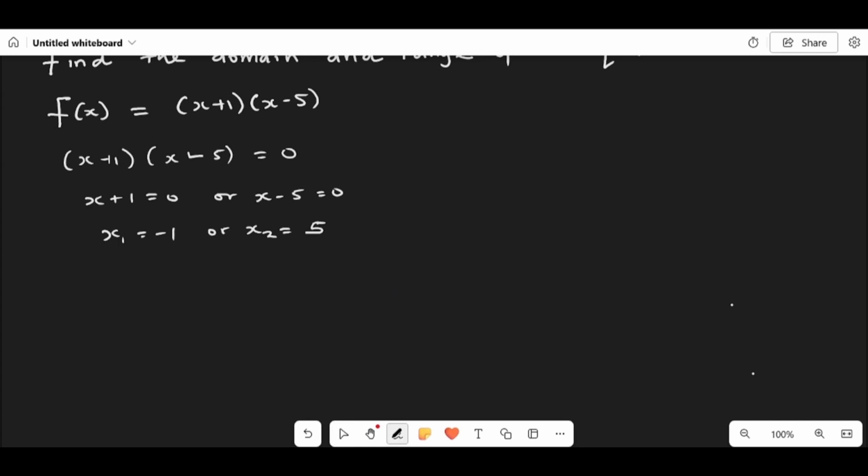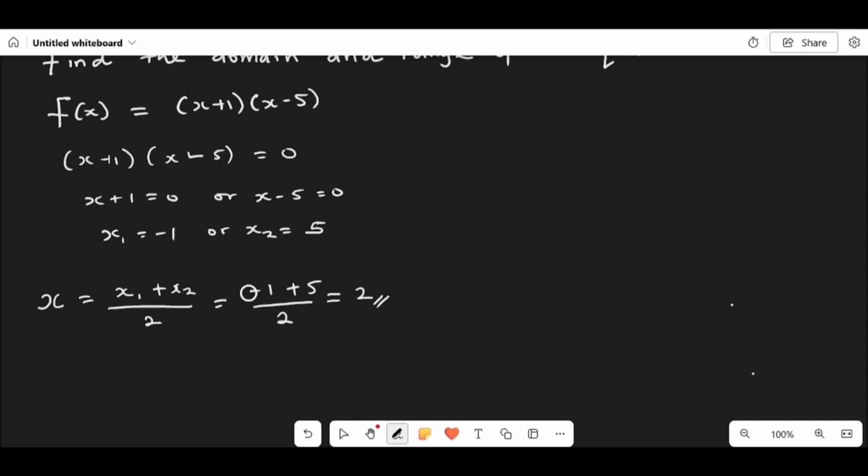quadratic function. So the formula for calculating the x coordinates is x = (x₁ + x₂)/2. Let us substitute the value of x₁ and x₂ into this equation. So (-1 + 5)/2. The answer is 2. Now the next thing to do is to calculate the value of the y coordinate of